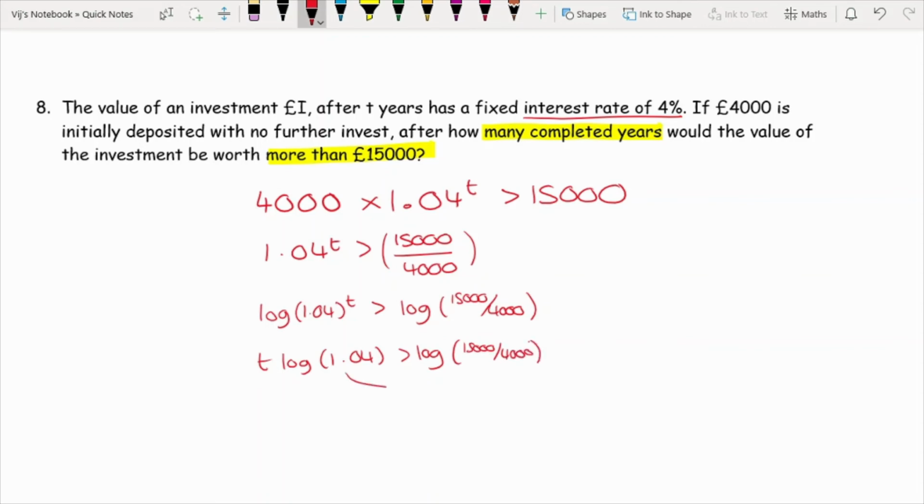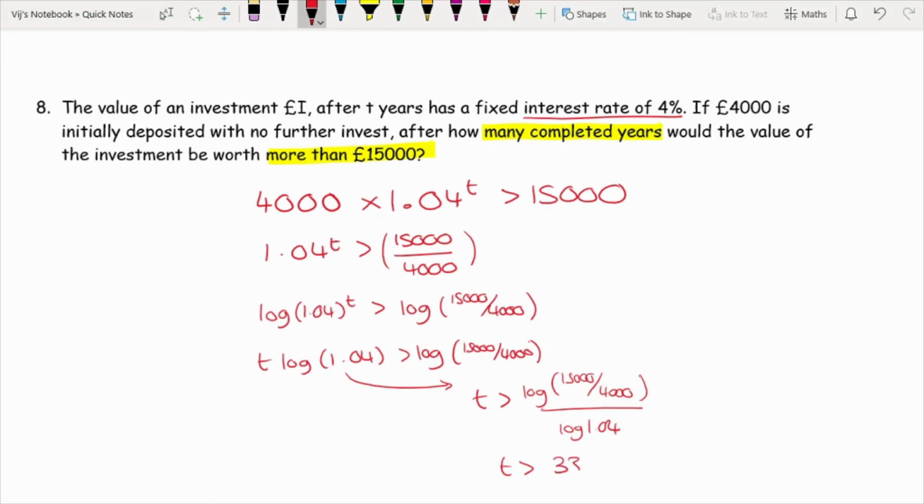Then I take the log 1.04 over to the side, so I get t equals log of 15,000 divided by 4,000, and I've made a mistake there, but not a big one. Let's turn that into an inequality, and that's all divided by log 1.04. So I get t is greater than, and if I type that into my calculator,